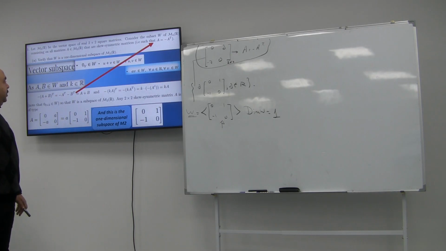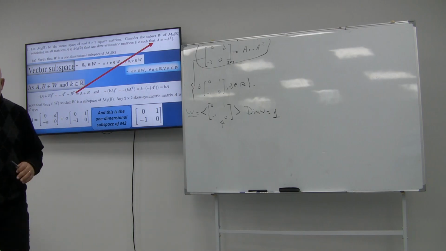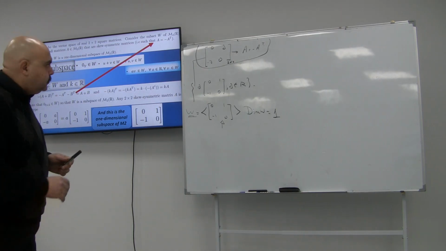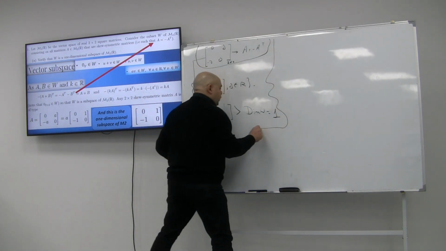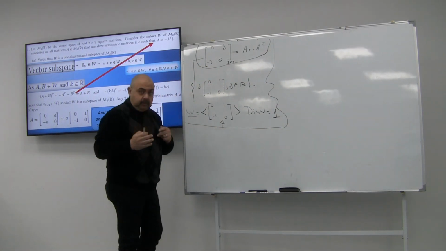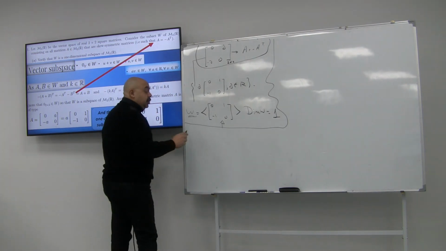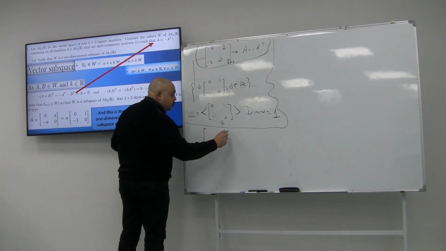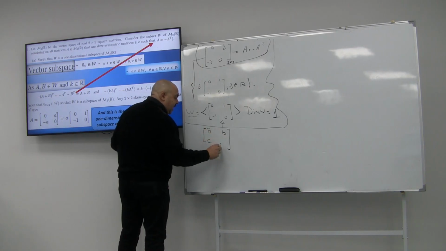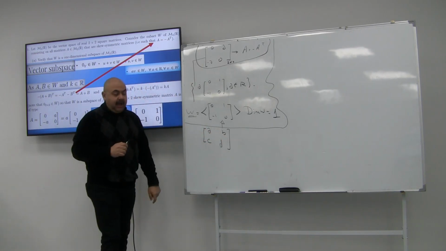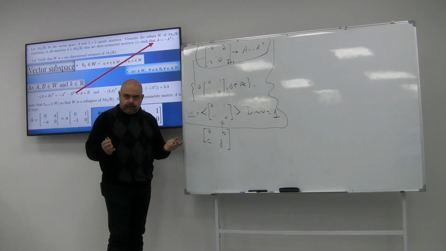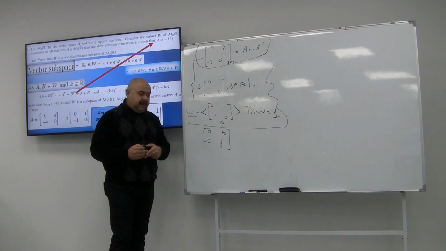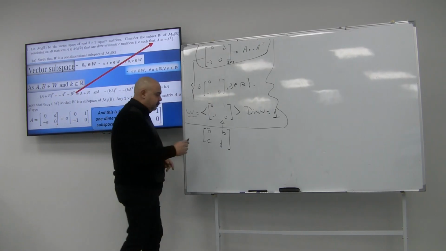Before going to another thing, I want you to remember that if I have any 2 by 2 matrix, I've stated this and we need it shortly, but just in case I want to go through it with you. The general form of a 2 by 2 square matrix could be a, b, c, and d, if you remember. And for this vector space of 2 by 2 matrices, it can be put on the following form,